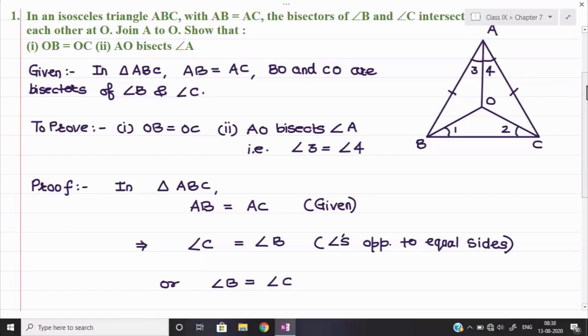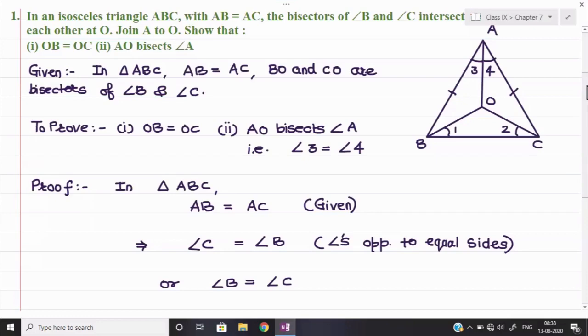Again, the same theorem I am applying, but I am applying the converse part. In the beginning, I applied the main isosceles triangle theorem, because the two sides were given equal, so I wrote the angles equal. Now angles are given equal, so I am writing the sides equal. Only the triangle is different here than in the earlier case. The concept I am applying is similar only.